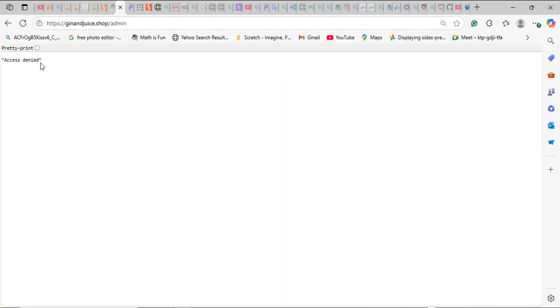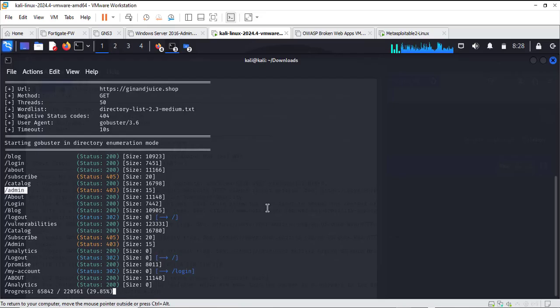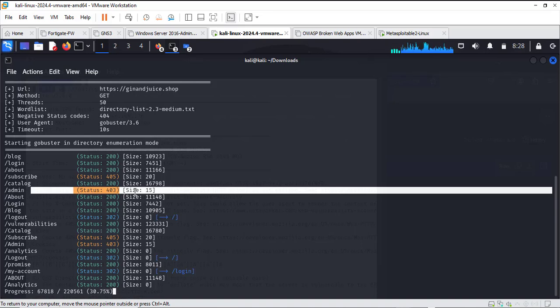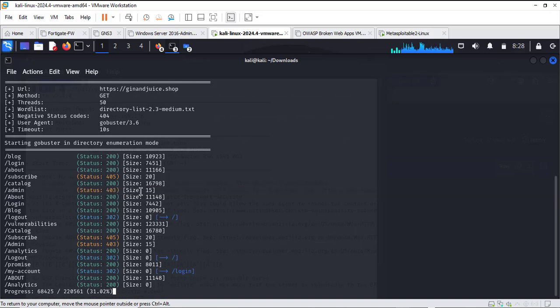It is denied, access denied. That means, as shown in the result, that this admin subdomain directory is available, it exists, but it is 403, denied or blocked. I cannot use it because there are credentials. So like this, you see now 31% showing, and it shows me a lot of possibilities, the hidden directories also, and one of those directories